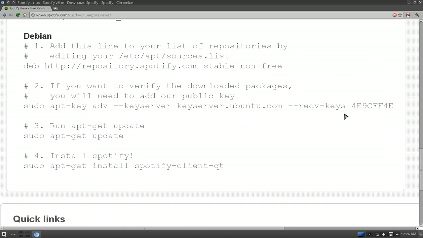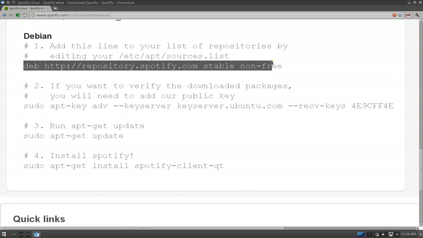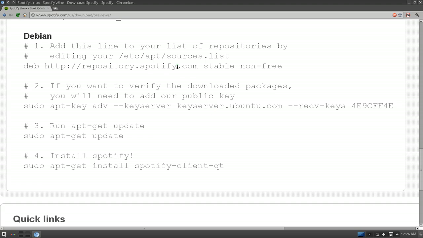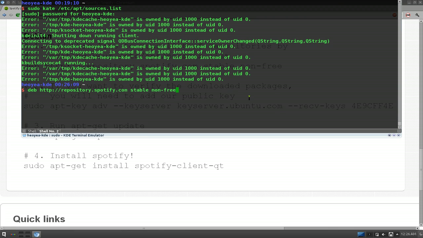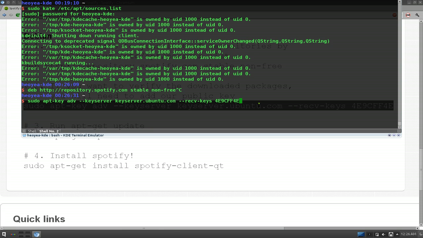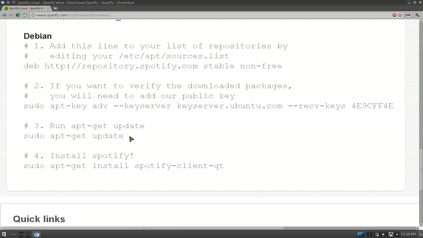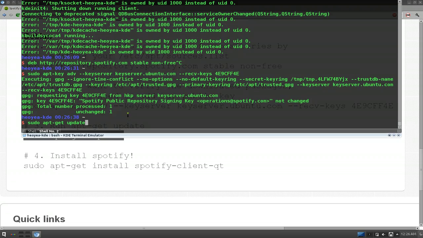So you save that sucker, and the next thing you do is you add this key. Now this key is for security purposes. So the software is actually in this repository, and this key checks if this is a legit thing for the security that they have. So all I've got to do is copy paste. No, that's not the right one. I mean copy paste this in there, and then you push enter. They add the key in here. Afterwards, you do the update,